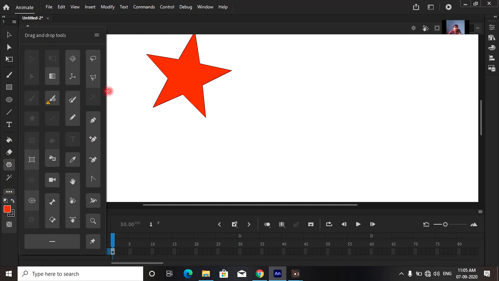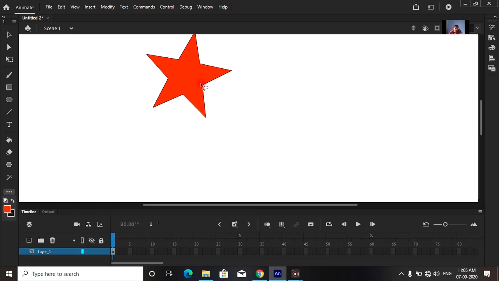Here is the lasso tool, and the shortcut key is L. When we press L, the lasso tool appears, and by clicking this lasso tool we can select. The lasso tool is selecting the entire area, and if I select like this, this is the freehand tool.